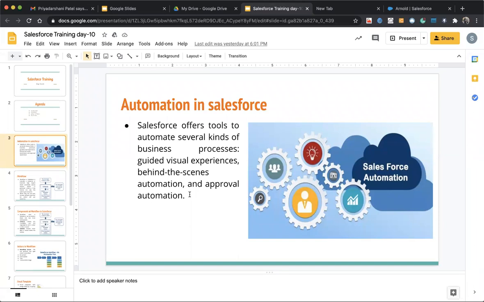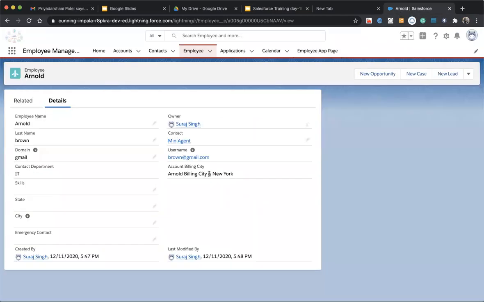Workflow is just a kind of automation tool that will help a user perform some automatic operation, which can be a field update. Right now in our example, as you see, it was not doing any field update. Whenever we put any value, it calculates and shows the field value. It's just doing the calculation, not any updating. Whenever a formula field operates, it will just do the calculation, and that calculation has some limitations: after doing the calculation, we can't edit the fields.